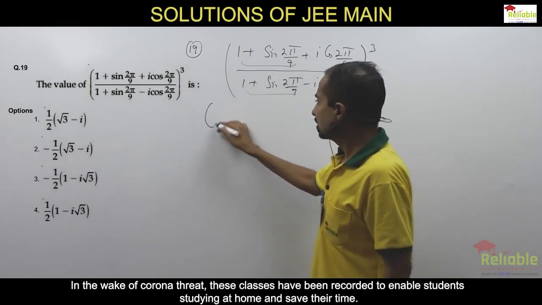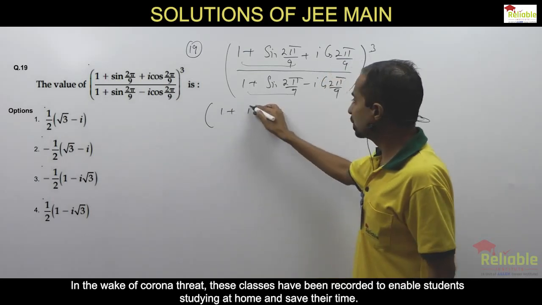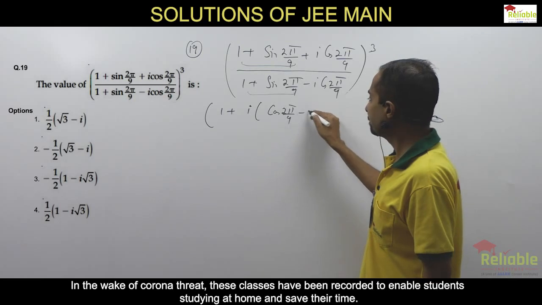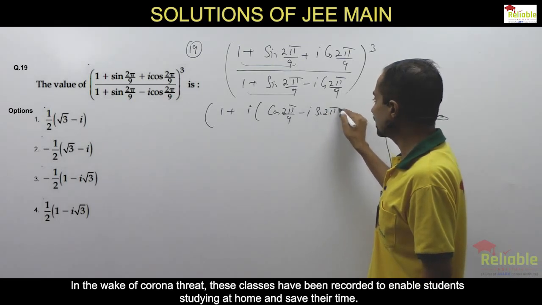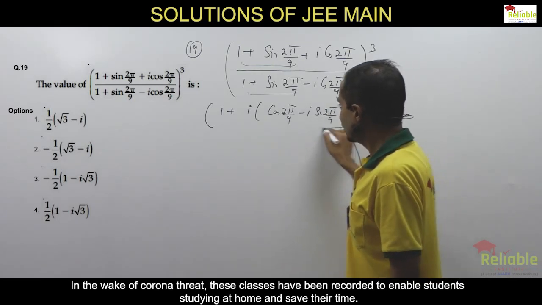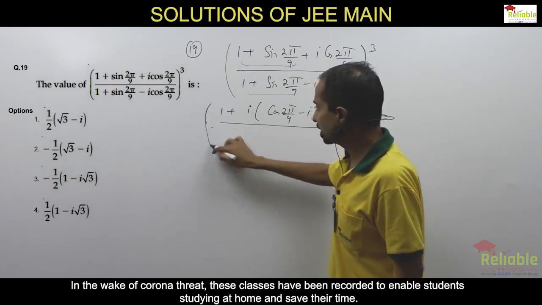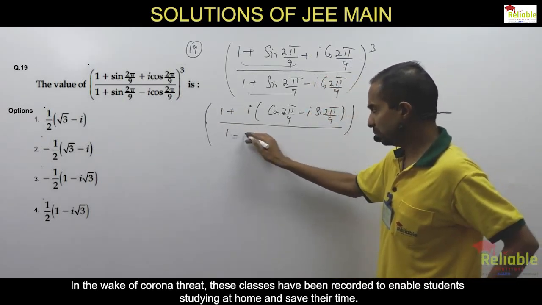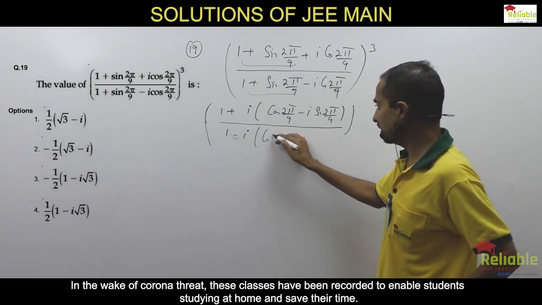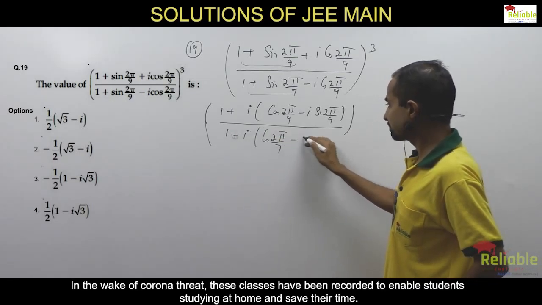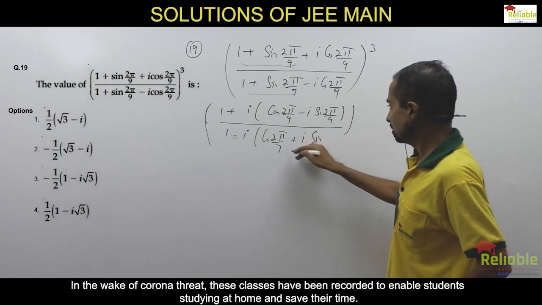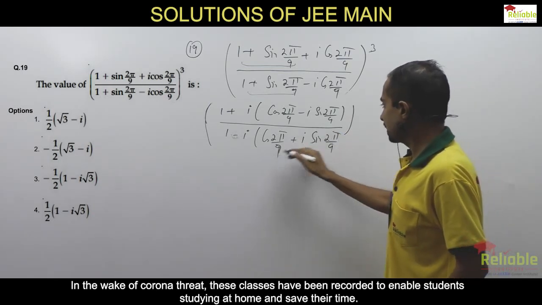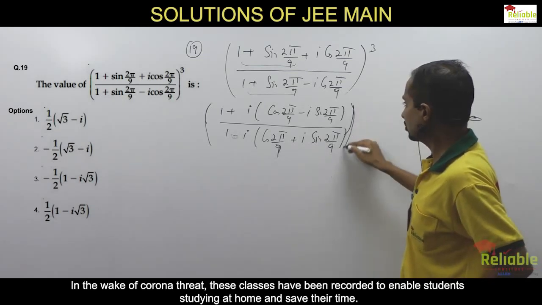Or you can first take iota common, and this is going to be cos of 2 pi by 9 minus iota sine 2 pi by 9. I am working in the direction of converting it to Euler's form. I always advise my students to go for Euler. I personally find Euler to be a very time saving method, provided you know the correct application of it and how to play around with it, right? So this is the thing, whole cube.